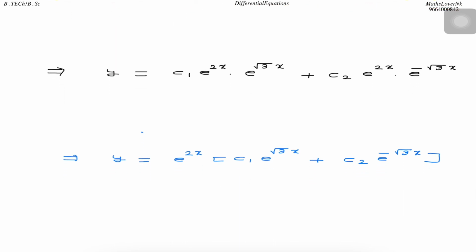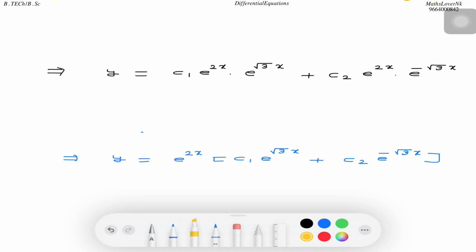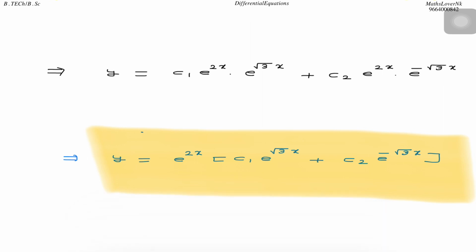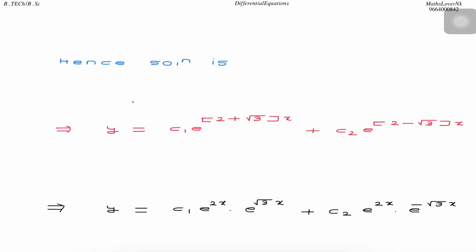How can we find the solution? You can understand the method. y is equal to e the power 2x, c1 e the power x root 3 and c2 e the power minus x root 3. In some books, c1 is put as 1 by 2 (a plus b) and c2 as 1 by 2 (a minus b) and solved further. But you can use this method and solve up to here: y is equal to e the power 2x, c1 e the power root 3x plus c2 e the power minus root 3x. So we finish the lecture now.